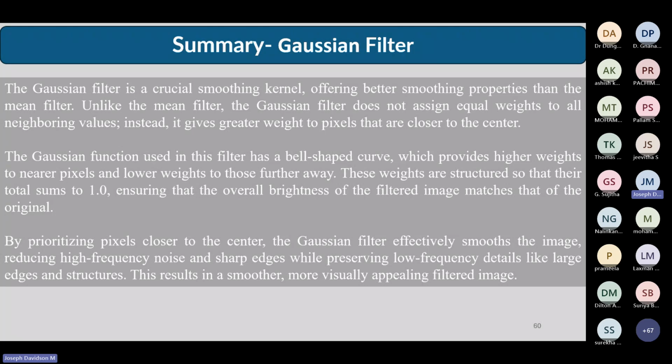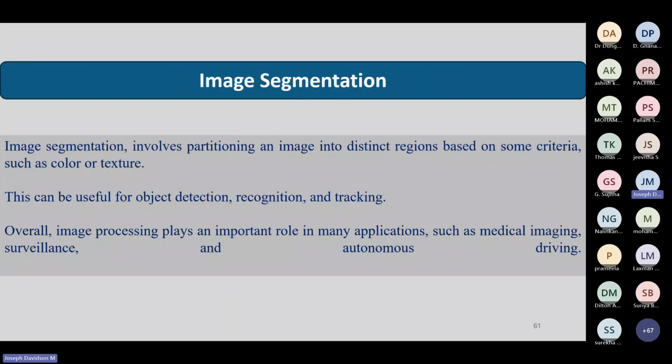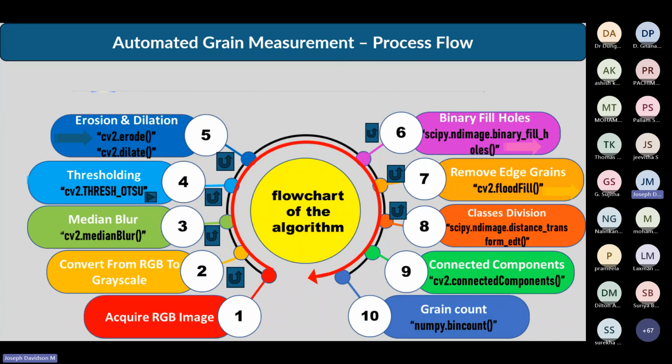Okay. So, summary: what we have done, I have just told. Now let us move to the next important topic, that is image segmentation. So what is segmentation actually? It is partitioning an image into distinct regions based on certain criteria. It can be color, texture, intensity, or size. There are several. Meaning there is a big image, you divide that into smaller image segments and classify it: this belongs to this, this belongs to this, like that.